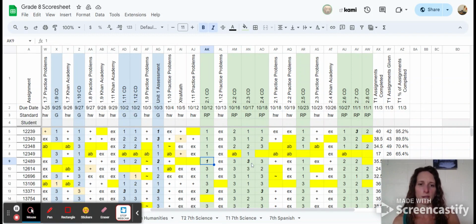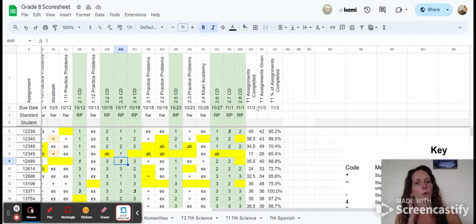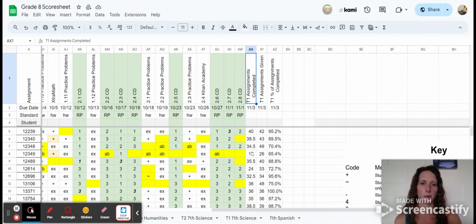When they've resubmitted, I will indicate that with the bold and italic, so it kind of stands out, and you can see like who's taking advantage of the opportunity to resubmit and improve their work. Then over here at the end, there's a column that will show out of all of the assignments, how many were completed by that particular student, how many were given to that particular student, and what's the percent of completed